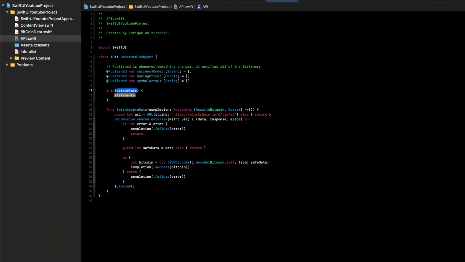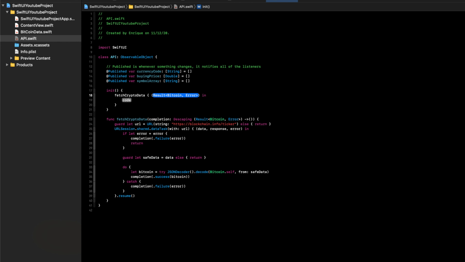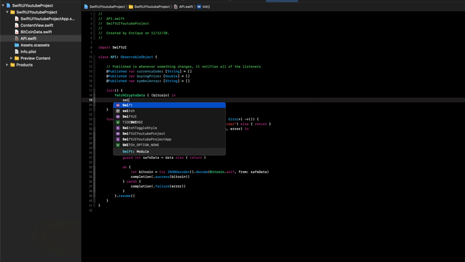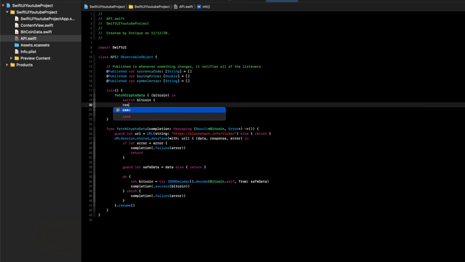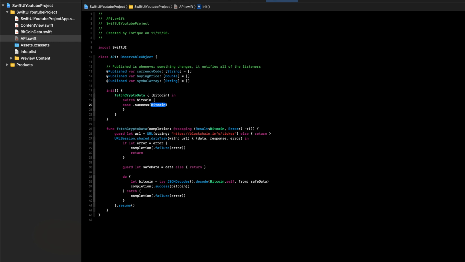So we'll do init, and then we'll do fetchCryptoData. We'll go ahead and call our method that we just created down here and press enter for the completion handler. And then go ahead and just do bitcoin in, and then we'll do a switch statement. Switch on bitcoin, and then we'll do case .success. So if this was successful, let currency, and then do